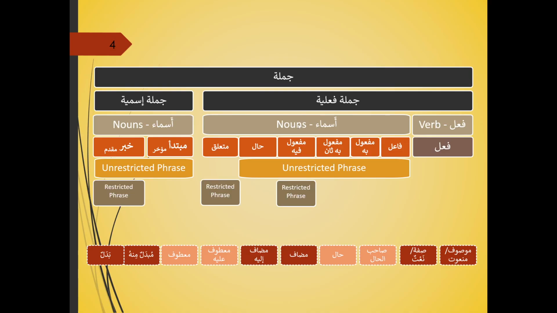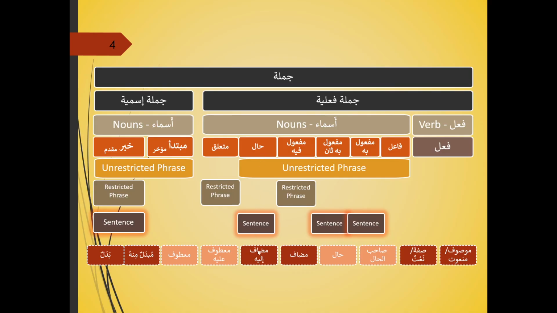However, there are certain nouns where you can only use certain types of phrases, like we know muta'alliq is either jar wa majrur or zarf with zarf as a mudaf ilayh. So these are things that we need to be aware of. Then we went on to see that not only are we able to use phrases in the place of nouns, sometimes we can use sentences. So we saw that khabar can be represented by a sentence, and the maf'ul bihi, both the first and second, can be represented by a sentence, and hal can be represented by a sentence.